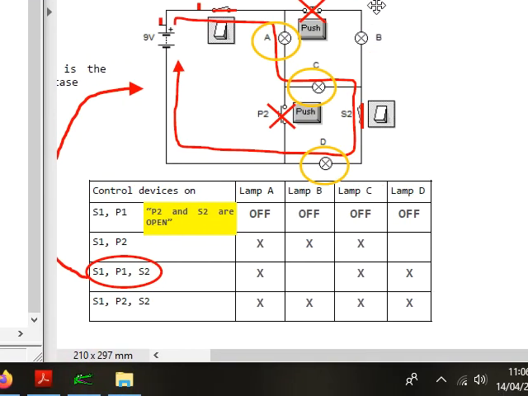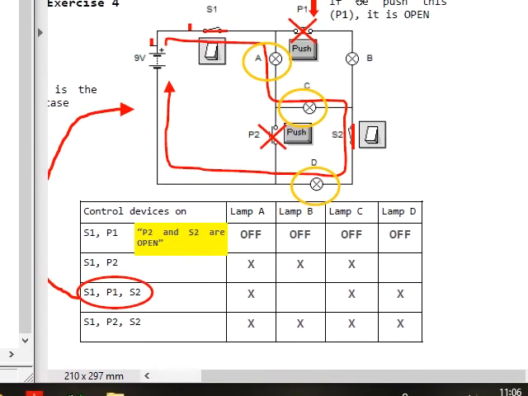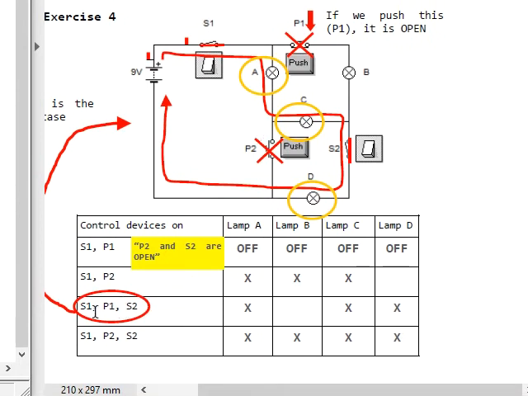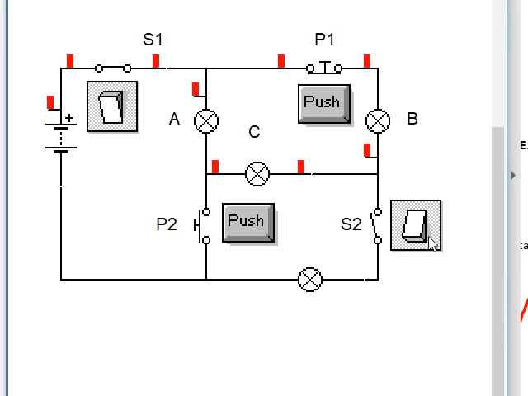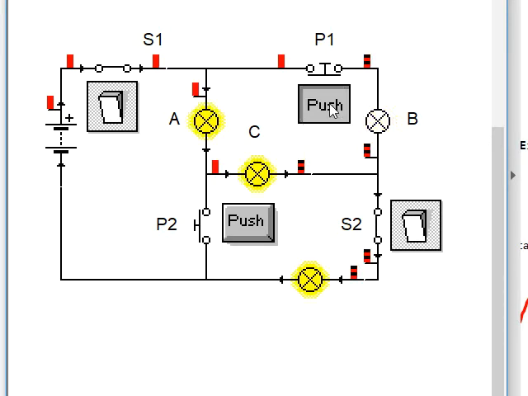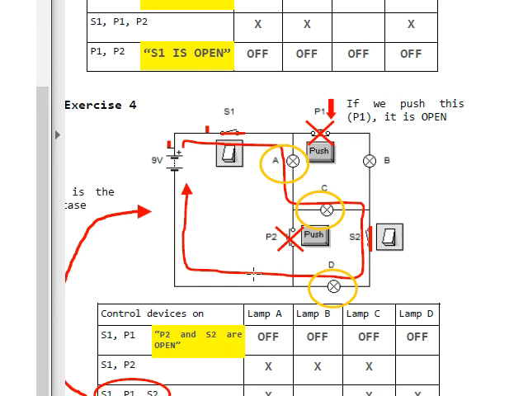Okay, and finally, we're gonna analyze the case that you have in the solution. The third one is kind of tricky because we're closing the switch number 1. We're pushing this push button, so we're gonna open this, and we're gonna close this switch, right? So let's see what happens in this case. If we close this, and we close this one, and we push this push button, the current is gonna take this path, going through this lamp, C, and D. Okay, this is open, so B is not connected. It doesn't matter that we are not closing this switch, this push button, because the current, as I told you, is always looking for the possible path to get to the negative terminal. So the answer in this case is A, C, and D,